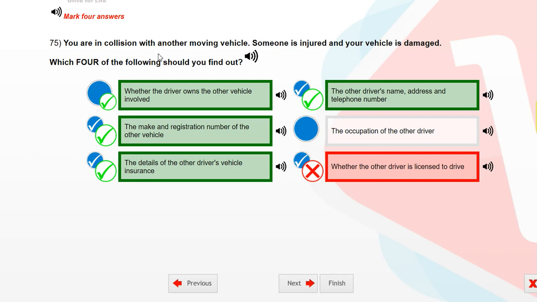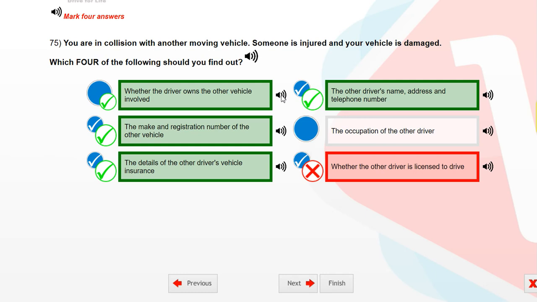You are in collision with another moving vehicle. Someone is injured and your vehicle is damaged. Which four of the following should you find out? وقع لك حادث مع عربة أخرى متحركة وأحدهم مصاب وعربتك تلفت، أي أربعة مما يلي عليك معرفتهم؟